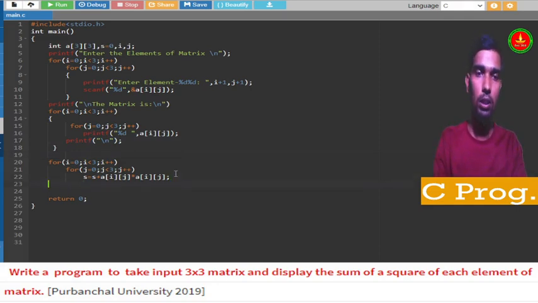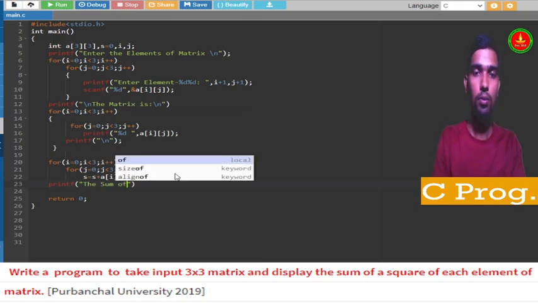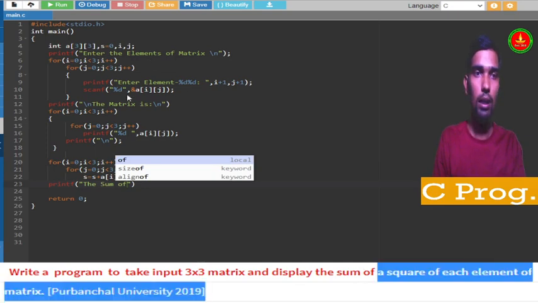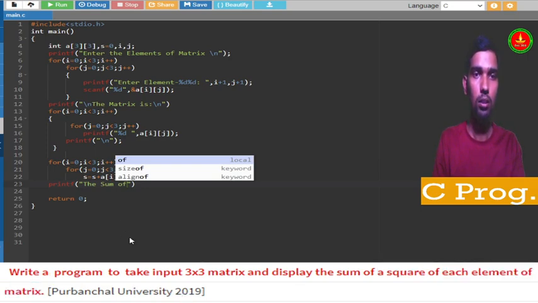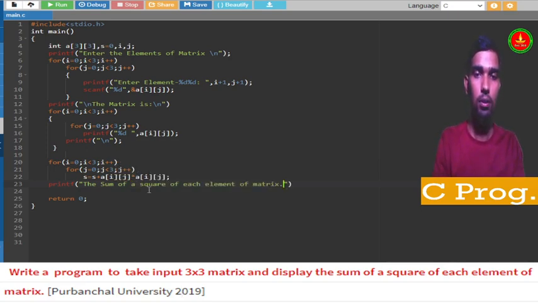So let me also print the result. Print of the sum of, let me copy it, it will be easier. The sum of the square of each element of the 3 by 3 matrix.